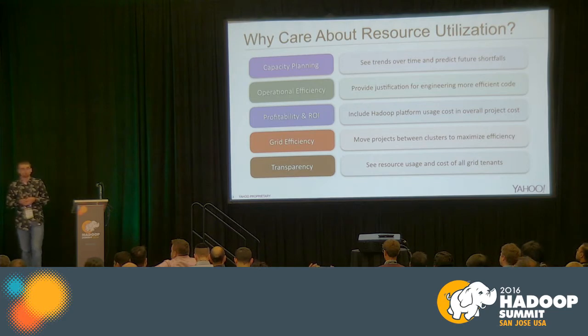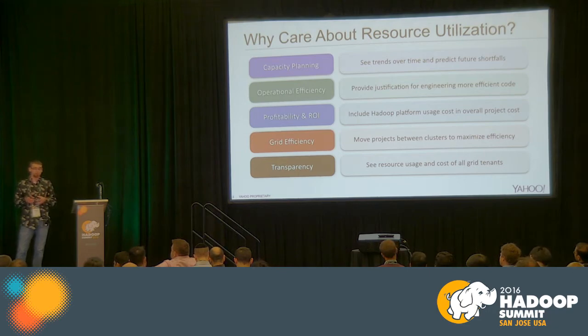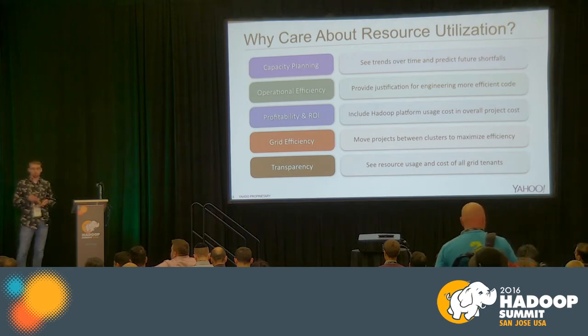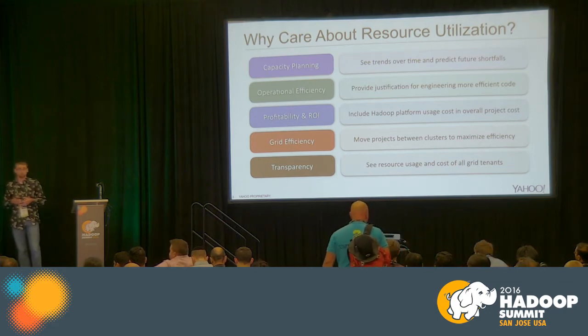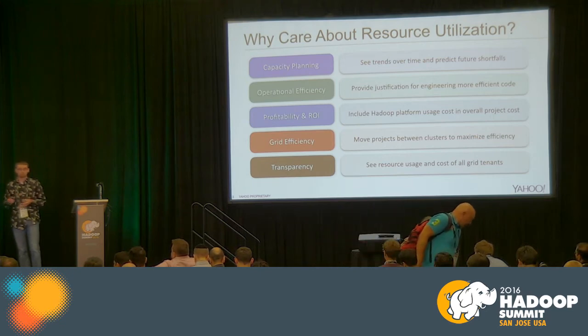Next is operational efficiency. These kind of resource usage metrics can allow us to actually benchmark applications from a resource perspective and actually quantify how software changes affect platform usage and cost. In other words, we wanted our teams to be able to see how their platform usage, absolute numbers and cost, changes from each of their software releases to the next. And on the platform team side, we want to be able to see how everyone's cost changes from platform release to platform release.